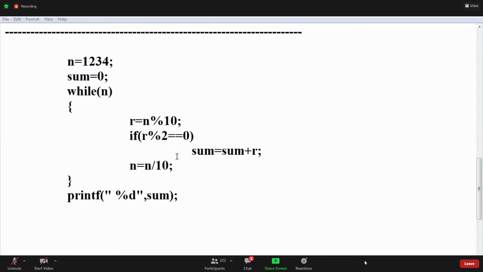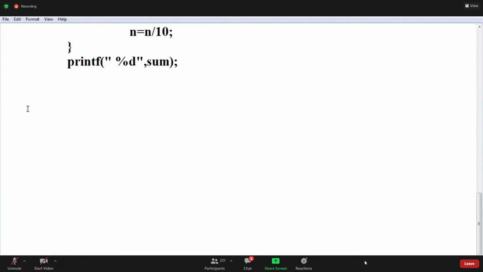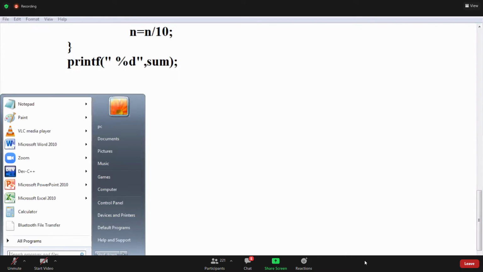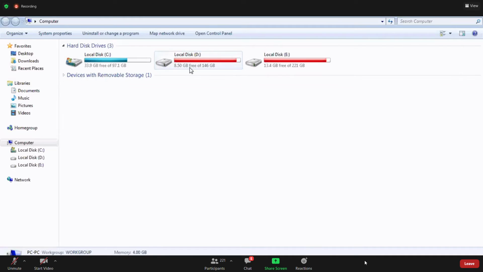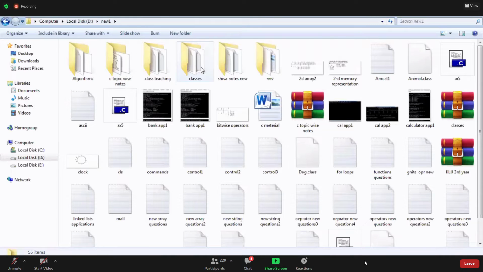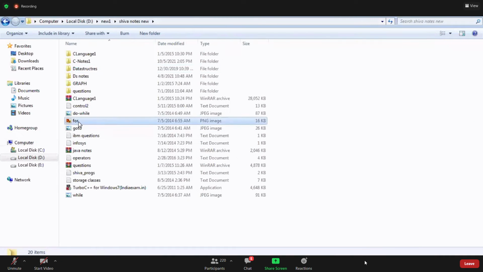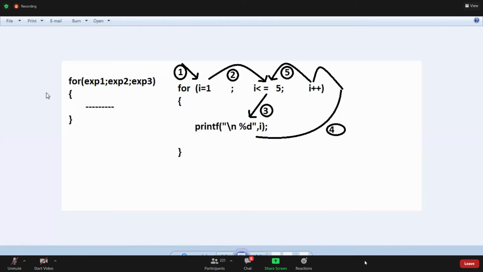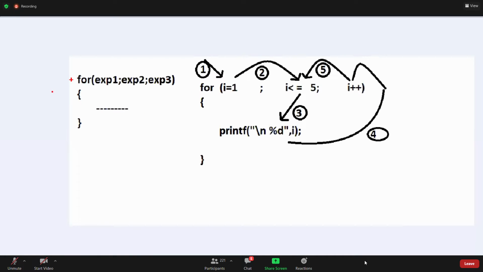Guys, complete. Next program. We check with the for loop, guys. After that, next we discuss different programs. Write a for loop. What is a for loop, guys? The syntax of the for loop is this. These are the steps, guys, where it goes. Here expression 1 semicolon, expression 2 semicolon and expression 3.